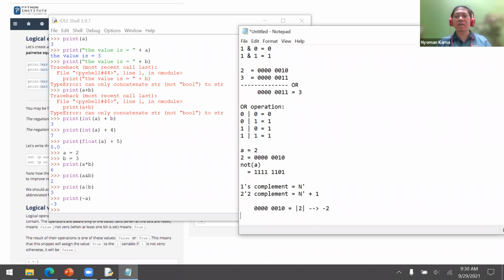How about 2's complement? Let's check it out. In 2's complement, every bit is inverted and then plus 1. So if we trace back to the value, first we need to subtract 1, then inverse.